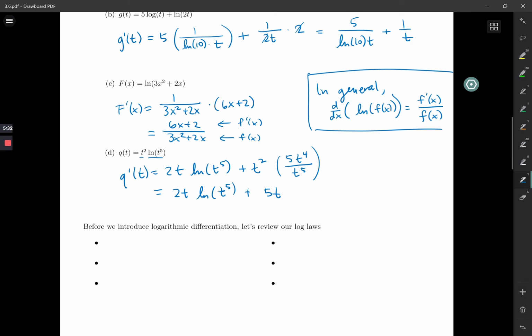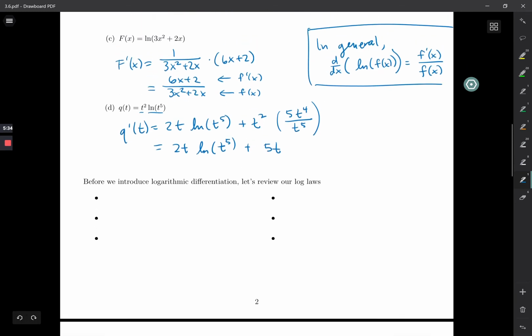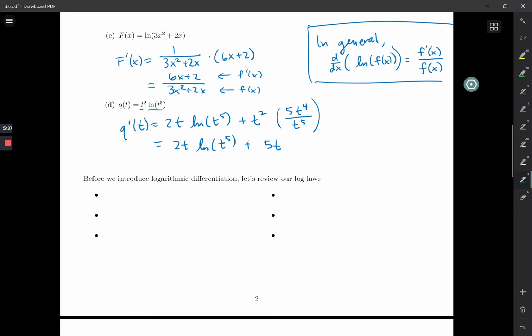Okay, so that would be your answer. So it's just adding one more function to our library of functions that we now know the derivative of. Okay, and so next we're going to talk about logarithmic differentiation, but before we do that, I just want to